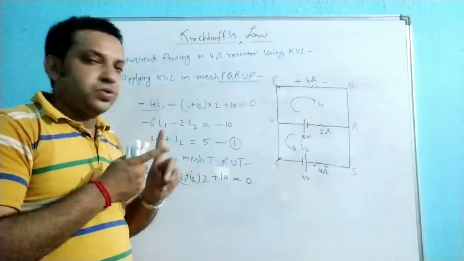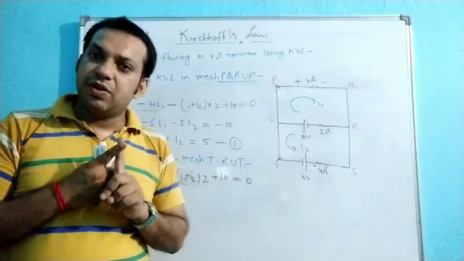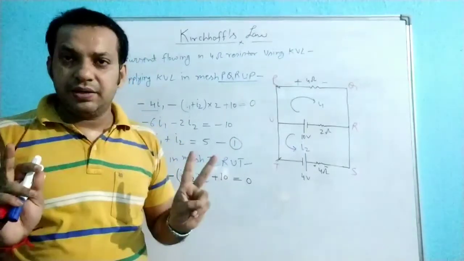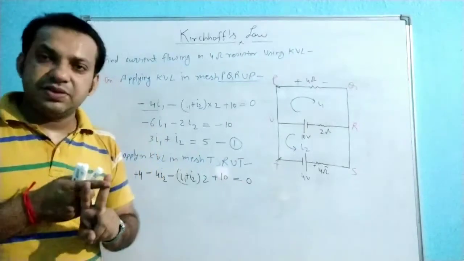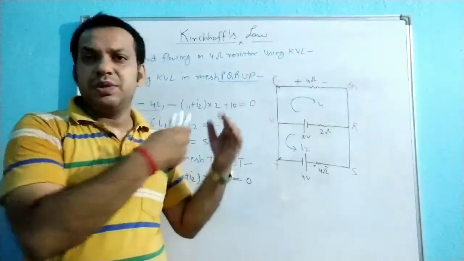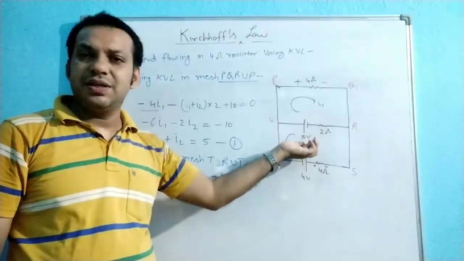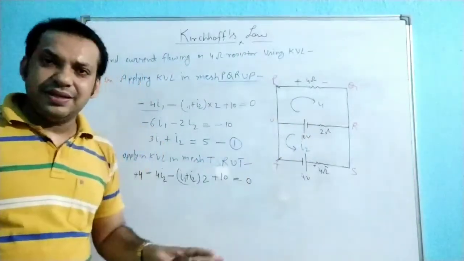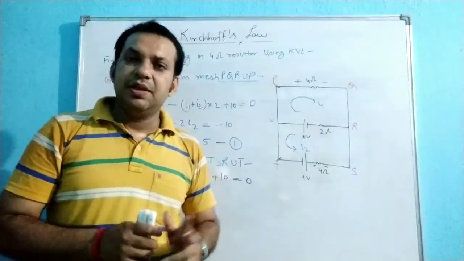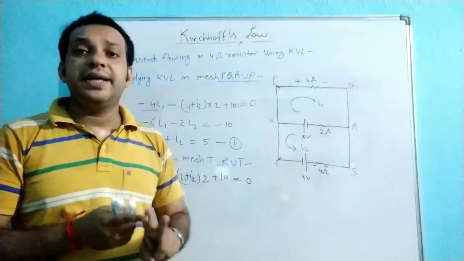Right? So if you are finding the potential difference across a resistance, it is I into R. And if you are finding the potential difference across the cell, automatically it is given. It is 4 volt or 6 volt or like this one. Here, like this one, it is 10 volt. So in a cell, directly the value of the potential difference is given. But for the resistance, you have to find the I into R.